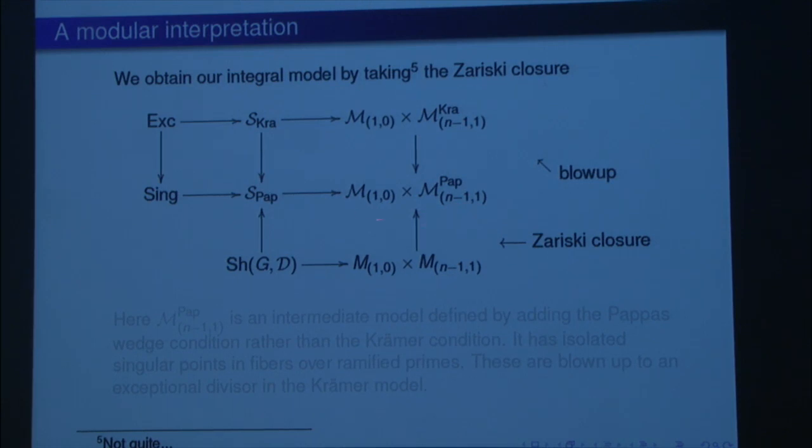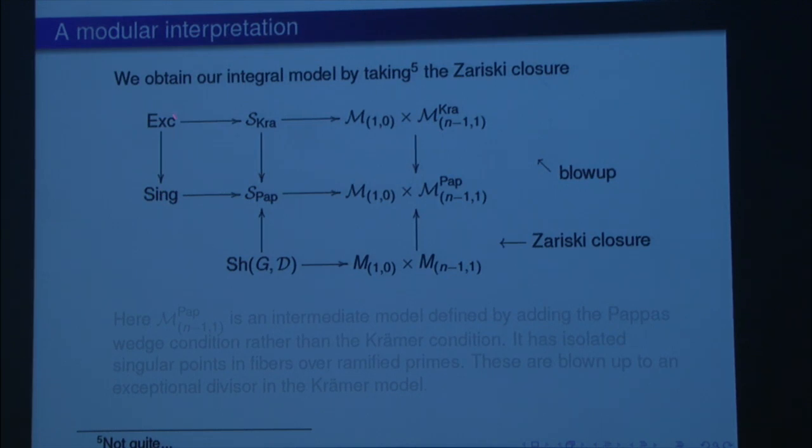So this is some alternative integral model that's not regular. We take the Zariski closure of this and get in here. So this defines this. So I have my Shimura variety, I take its Zariski closure in this scheme. And now what happens is that this Pappas model is almost regular, but there's a finite number of singular points in the fibers, for primes dividing the discriminant. There's a few bad points, and there's some singular locus inside of here,